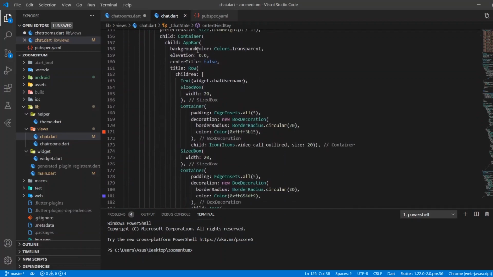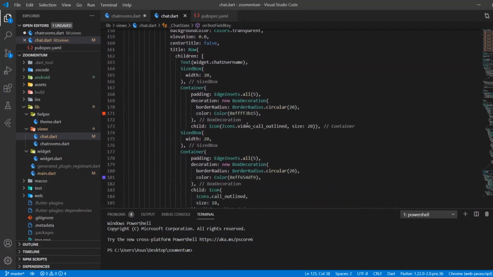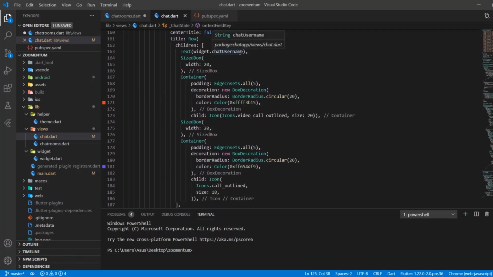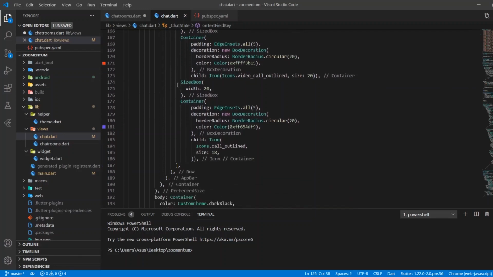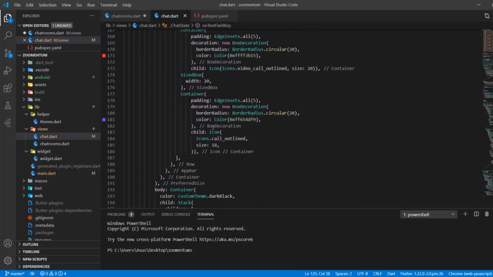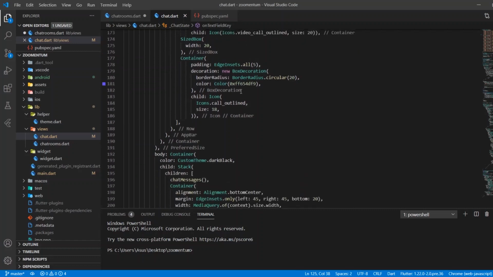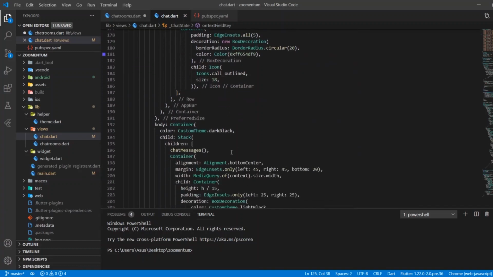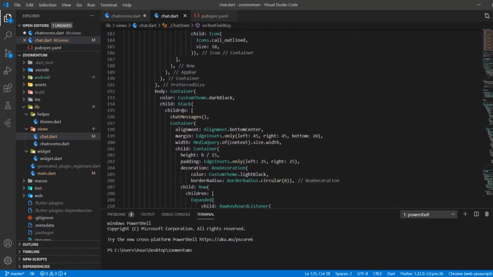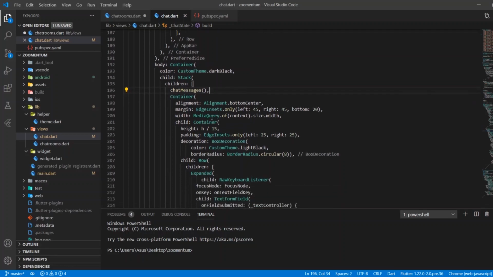Yeah, so basically app bar and all, text widget dot username, chat username that we took from the previous class. Right, navigator, you can see all these icons, call and video call, as you saw in the UI. So we are basically creating a stack with the first widget as chat messages, the list of messages we saw earlier.